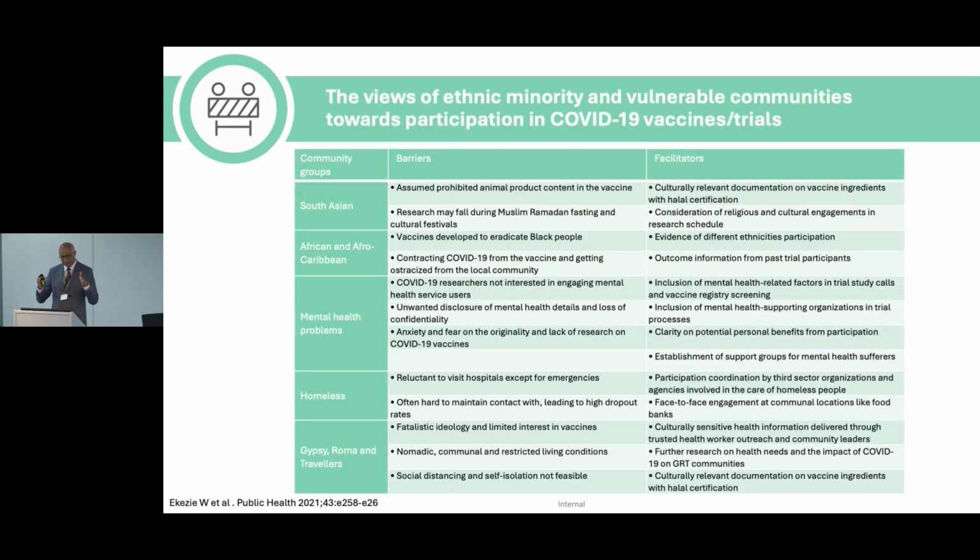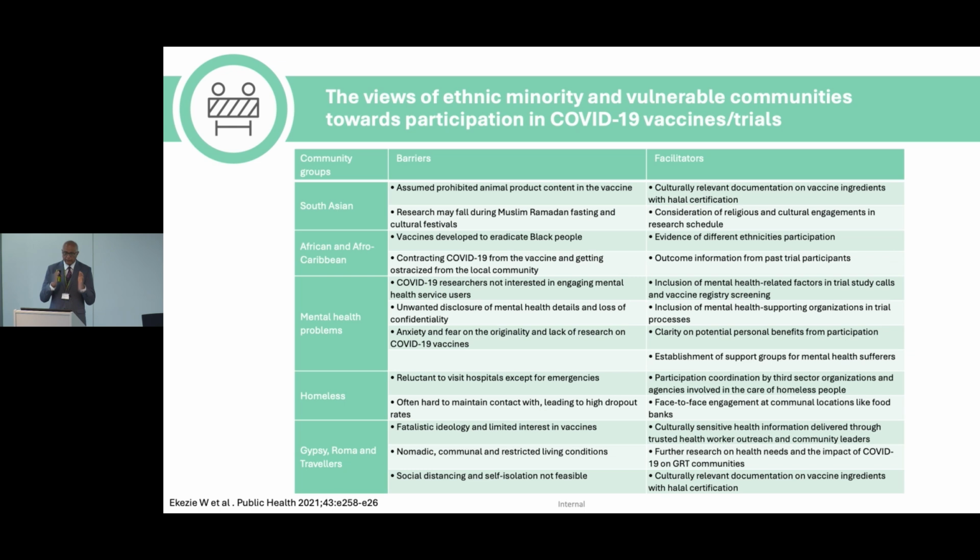And just to give you that, we can't say there's one barrier for all of them. We need to deep dive into each ethnic group, and this is what we did. We did some work for NIHR to try and increase representation of ethnic minorities in the national NIHR trials. When we go and speak to them, South Asians have very different barriers, and their facilitators are different. African and Afro-Caribbeans have different barriers, and again, we need to tackle that. Gypsy and Roma have very, very different barriers, and we need to look at those and say, how can we facilitate that?